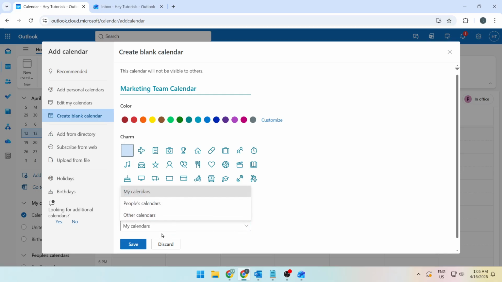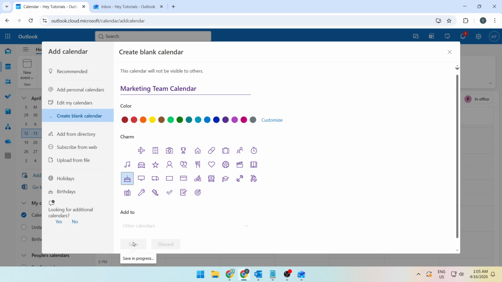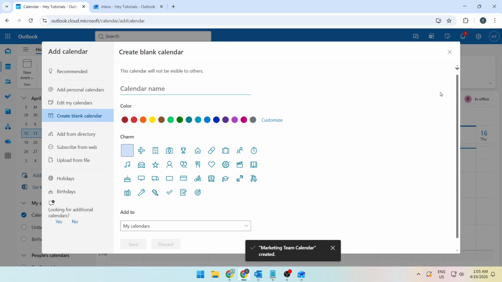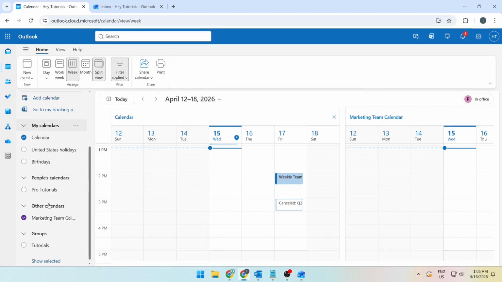If you want to, choose a color from the color picker. This changes how the calendar appears visually in Outlook, making it easier to recognize in the calendar view. After that, click Save. The new calendar will now appear in the left sidebar under Other Calendars. Make sure its checkbox is checked. When that checkbox is on, events from the shared calendar will display in your calendar view, along with any other